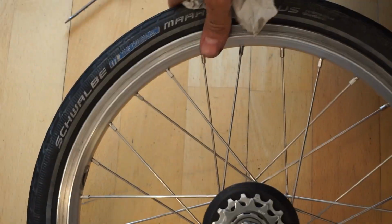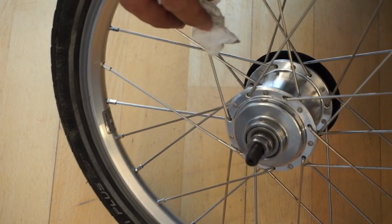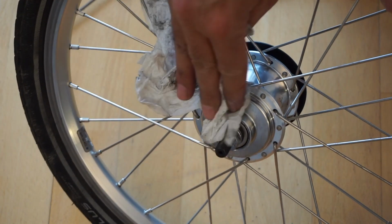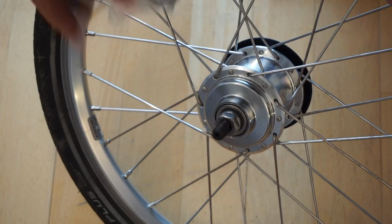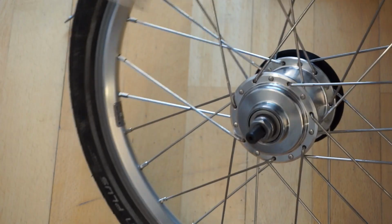Now this is a good opportunity to make sure that the other side's nice and clean, there's no dust, and there's a bit of grit here. Just going to give it a clean, make sure it's absolutely clear. Give that a wipe. So one rear sprocket system